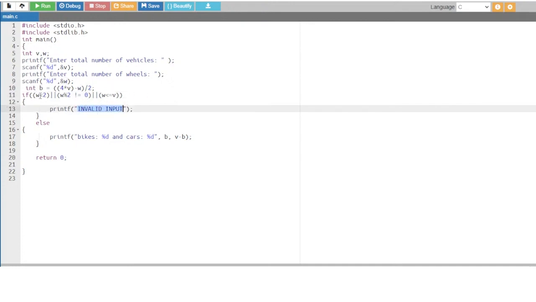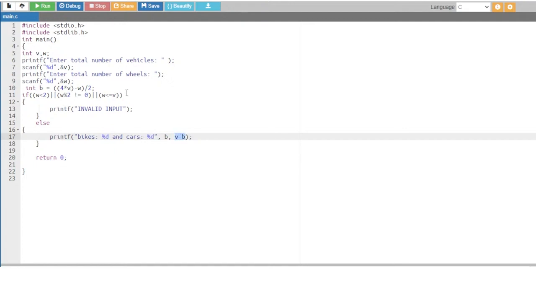Else, that means if these 3 conditions are false, then we will print "bikes: %d and cars = %d". These are format specifiers, and here we are writing B. What is B? B is number of bikes. So in place of this %d, the number of bikes will be displayed, and cars is equal to V minus B. What is V?